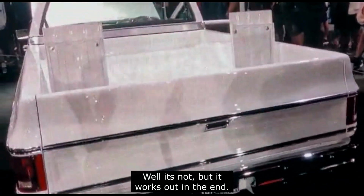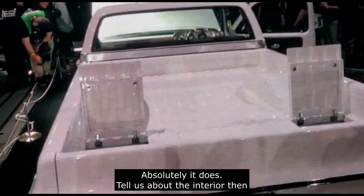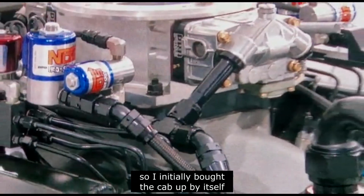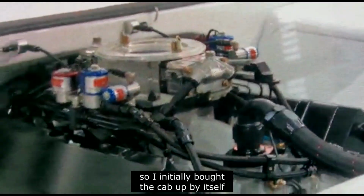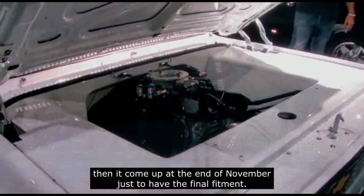Well, it's not, but it worked out in the end. Absolutely, it absolutely does. Tell us a little bit about the interior then. The interior is done by Inside Rides in Nowra. So I initially bought the cab up by itself probably 18 months ago. They did 90% of the fab work, and it came up at the end of November just to have the